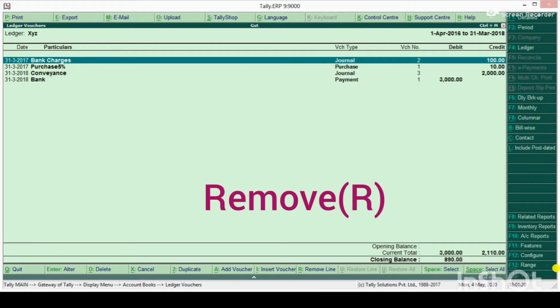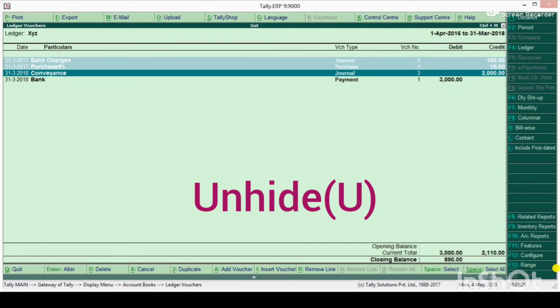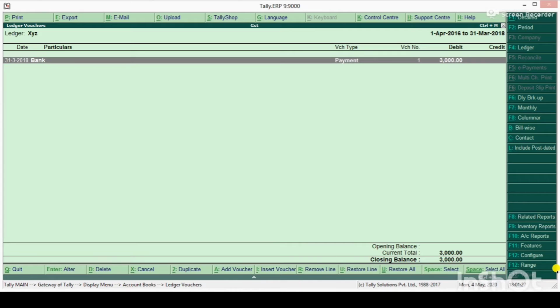So select, press space, and then Alt R, and when you press Alt U, they will come back again. So this is the use of hiding and unhiding the various accounting items. Next, let's check the function of export.